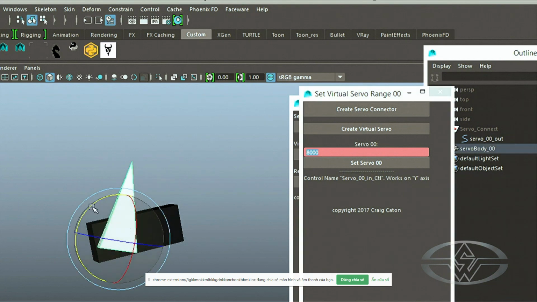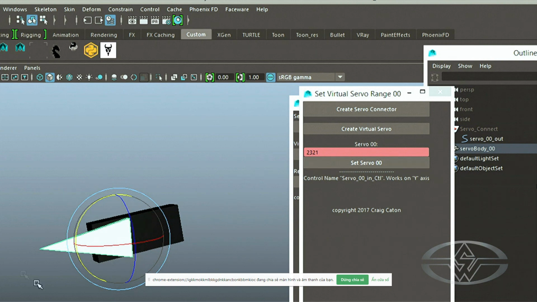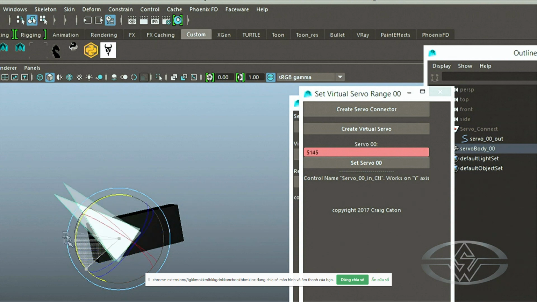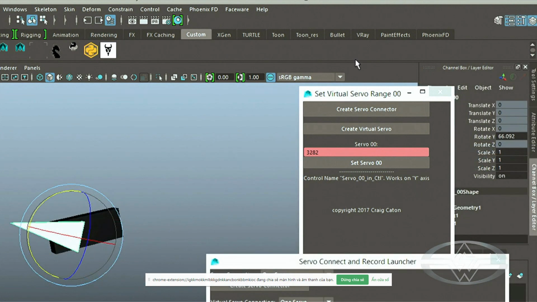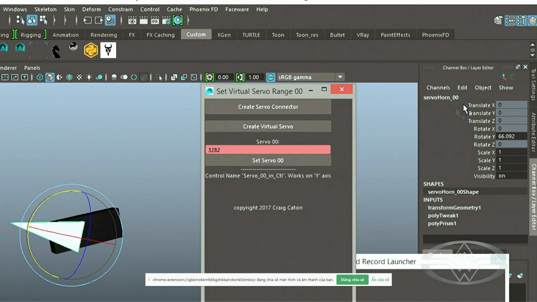So if I move this servo around, and if it's hooked up correctly, you should see these numbers update in the servo, okay? So here they are. They're moving around, and it looks good. It looks like they're all updating correctly, and that makes me happy. And so we can actually set keys on this servo. So if I go to like frame 1, you notice in its channel box that all of its channels are gray